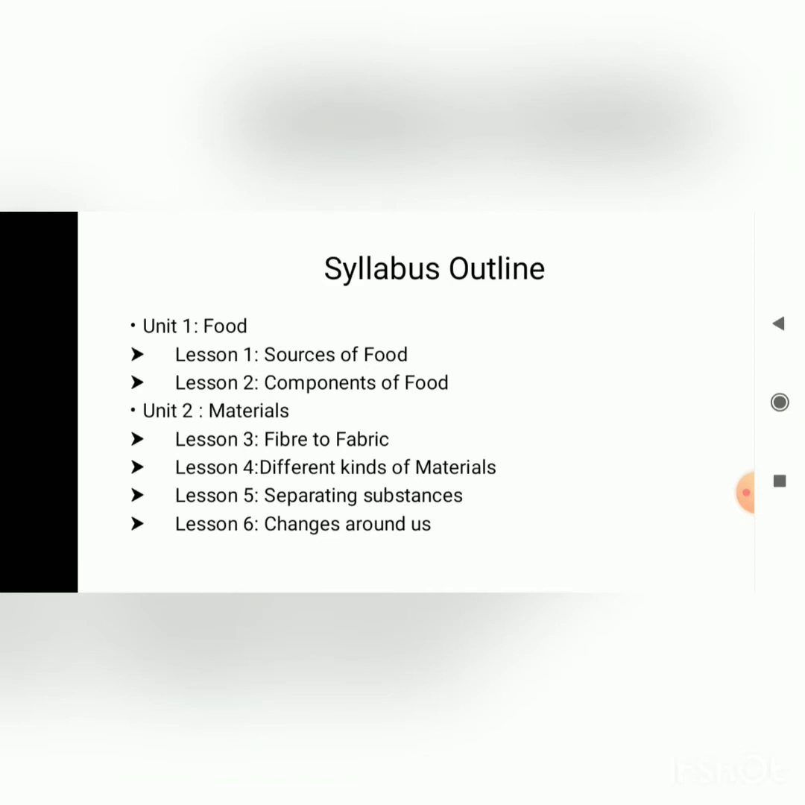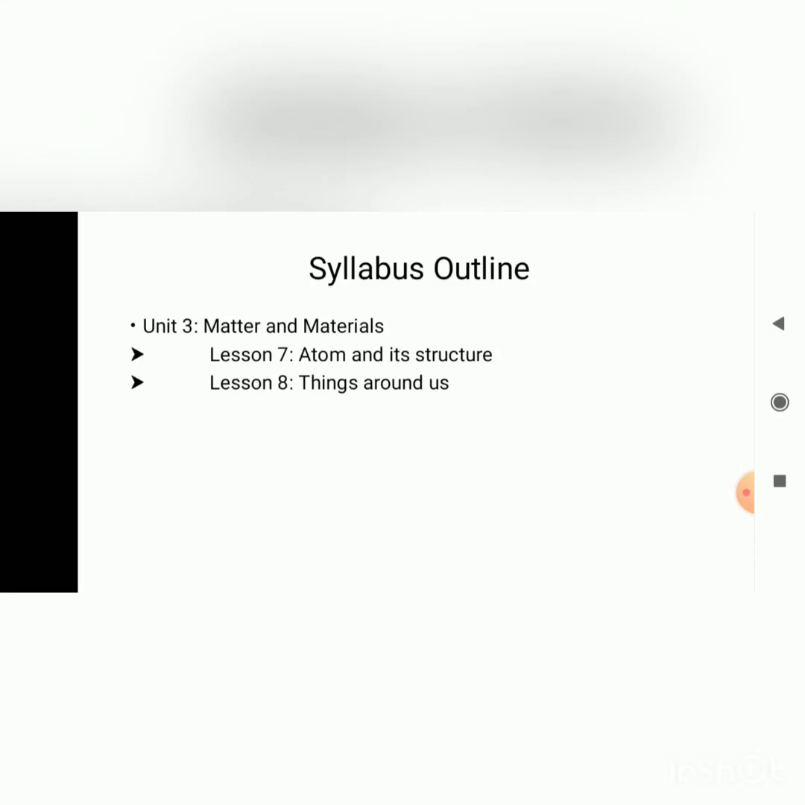Unit 2, materials, comprises Lesson 3, fiber to fabric, Lesson 4, different kinds of materials, Lesson 5, separating substances, and Lesson 6, changes around us. And Unit 3, named matter and materials, includes Lesson 7, atom and its structure, and Lesson 8, things around us. Okay,